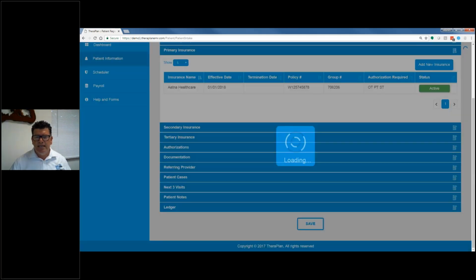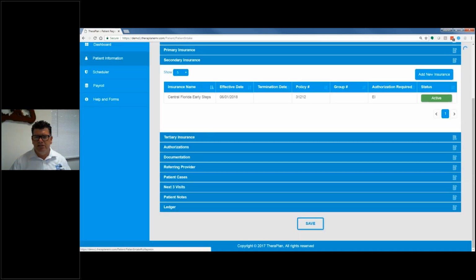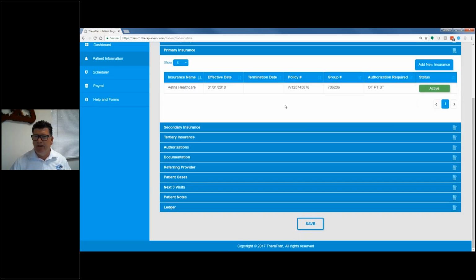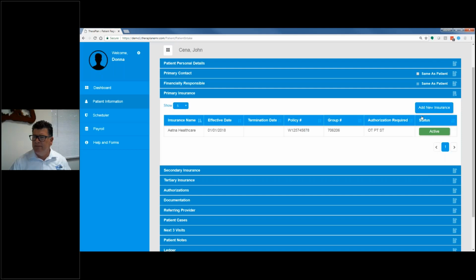Primary insurance, secondary insurance, and tertiary insurance. All of these have the same function. You'll notice that they have the table with the pertinent information right here. You'll also notice throughout TheraPlan on the table, the far right is the status, and it could be active, inactive,